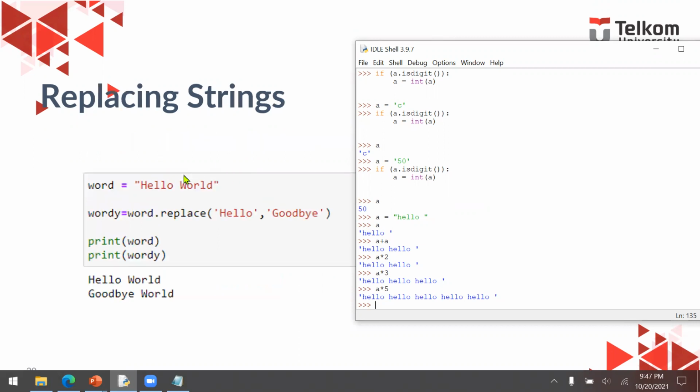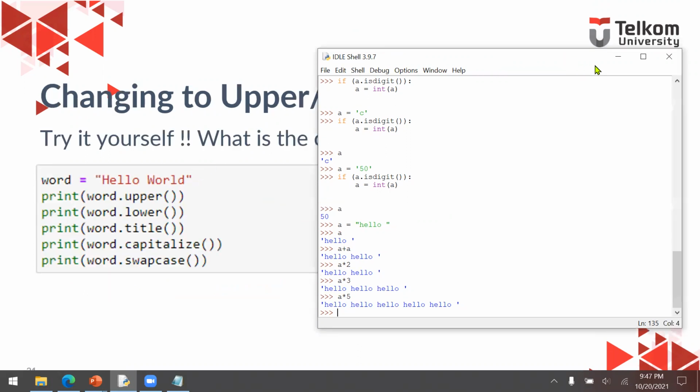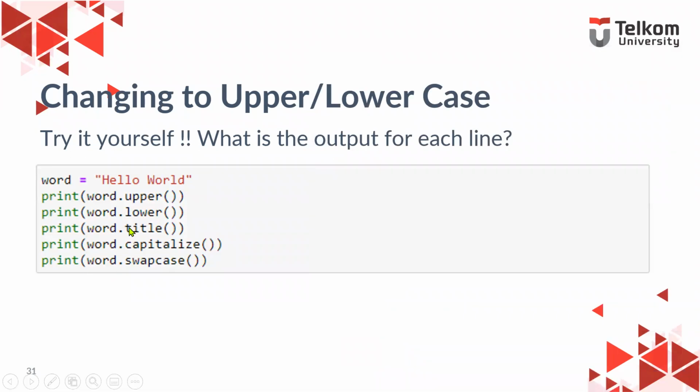And then replacing string, well, you can try it by yourself and then change it to upper and lower. So we have so many methods and also functions just to manipulate strings. We can use upper to create an uppercase version of the sentence. We can use title, which means the first character of every word is going to be capitalized.